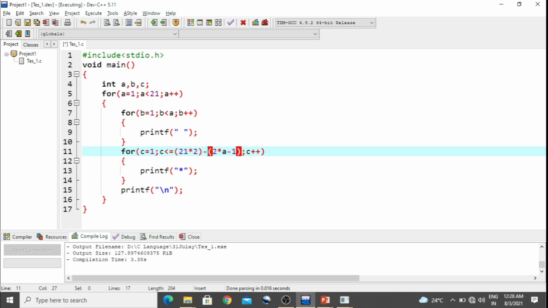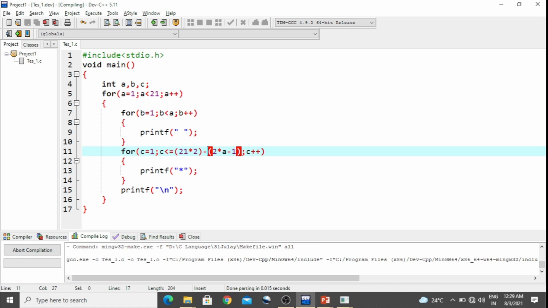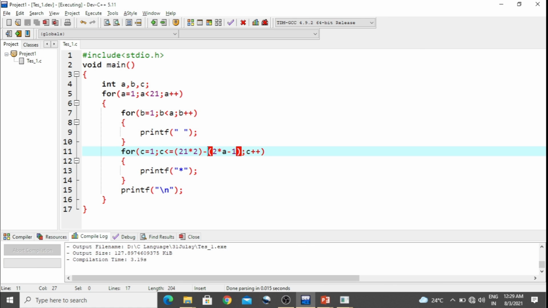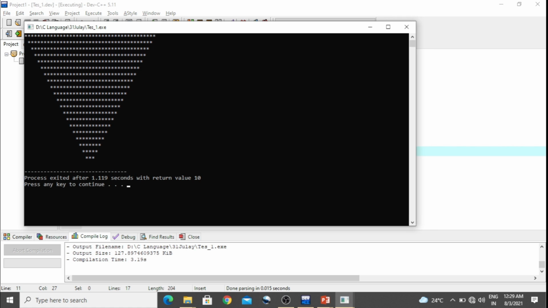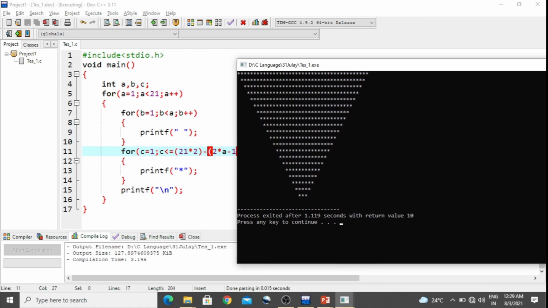This will print all the stars in the first iteration, and in the next iterations it will print fewer and fewer stars. Let's see while we execute the program. See here, the reverse of the pyramid.